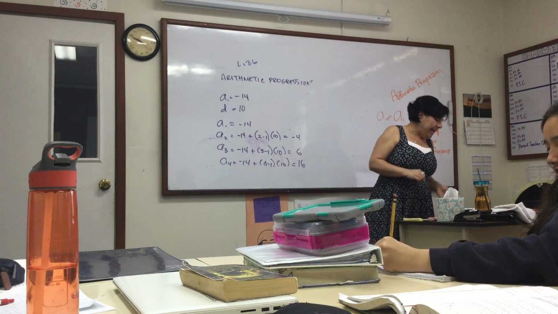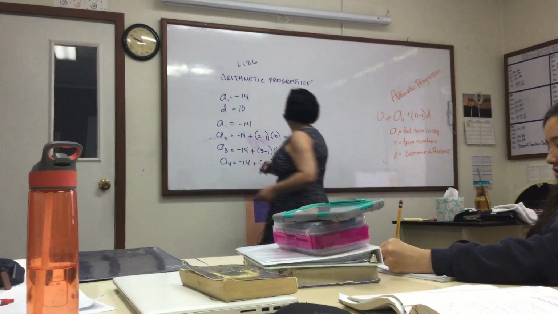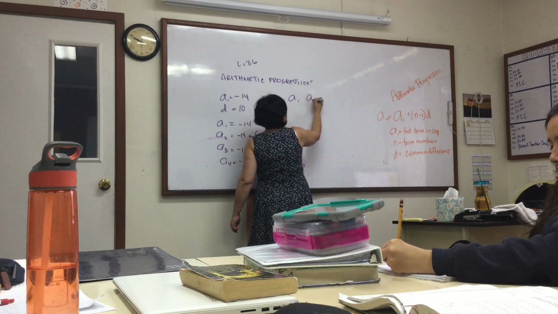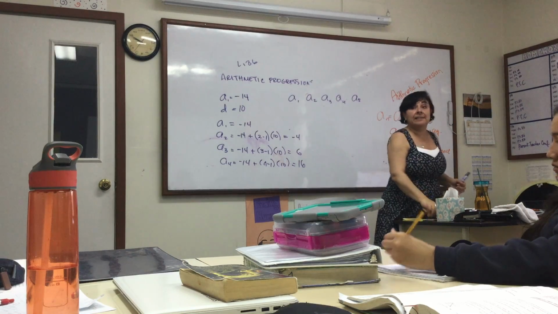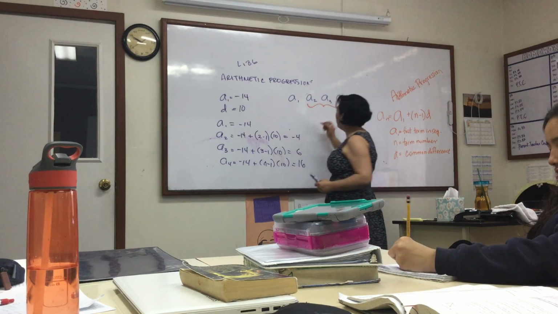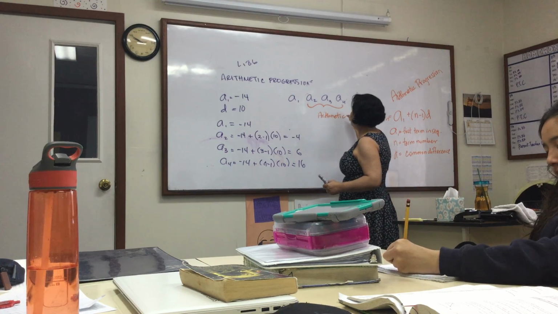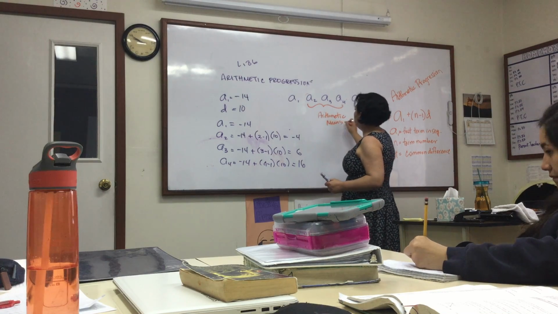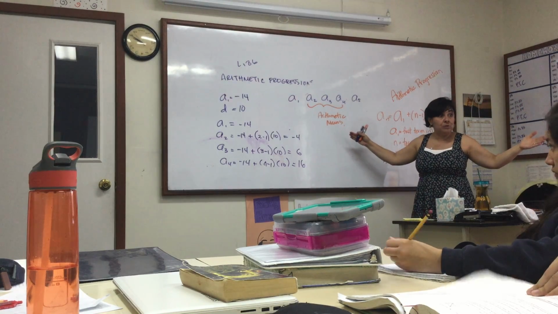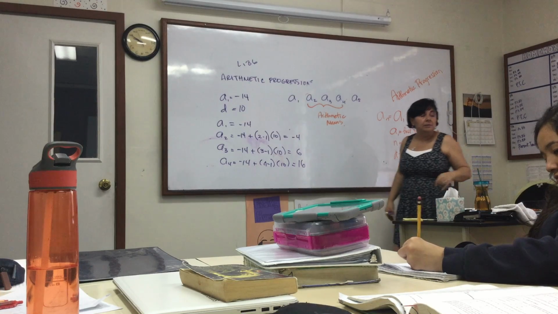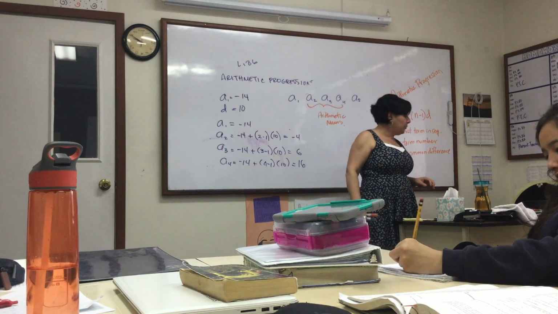The terms between the end terms, meaning if I have a sub 1, a sub 2, a sub 3, a sub 4, and a sub 5, for example. It's a finite sequence. These three in the middle are called arithmetic means. Any term in between the first and last terms are called arithmetic means. Okay? So, if we look at example 86.3,